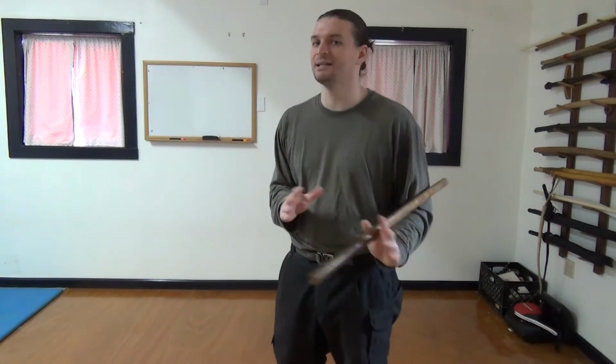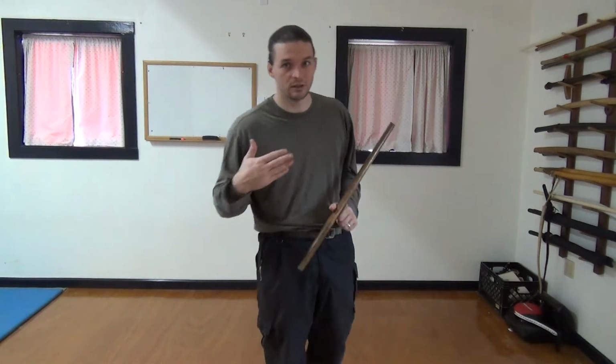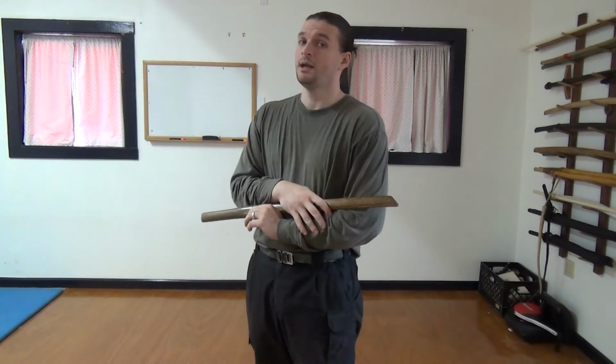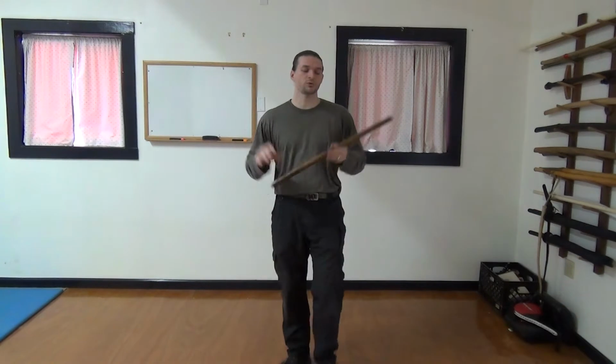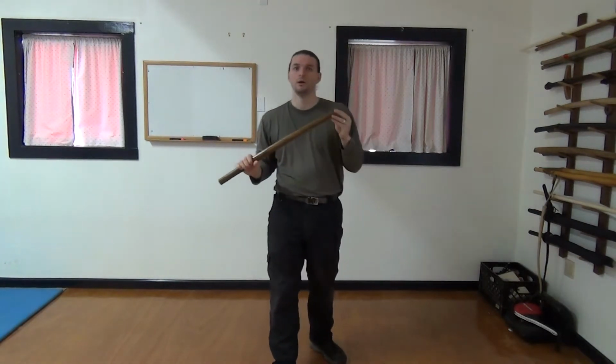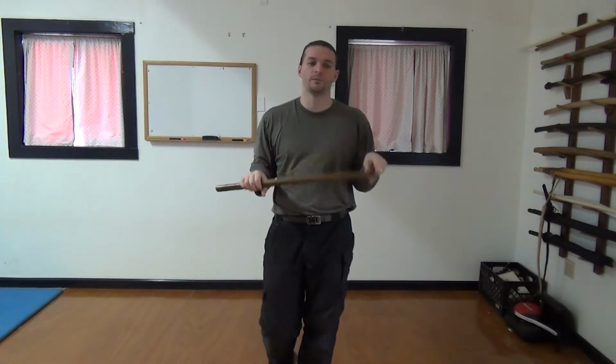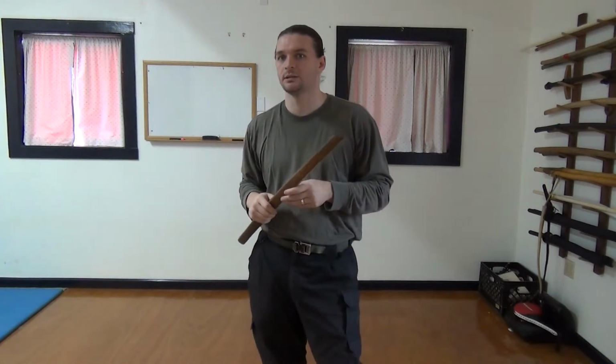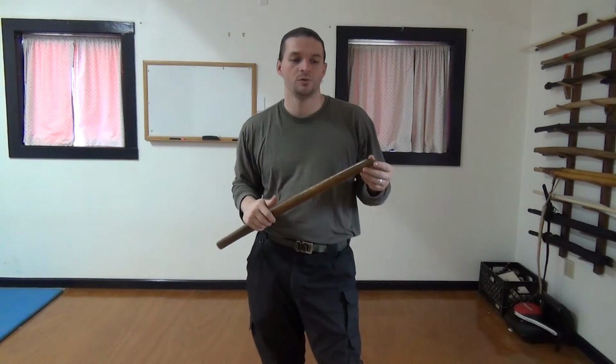So where the long sword kind of does everything medium, right? It's not really good at anything, it's not really bad at anything. You can use it in close, indoors, outside, in campaign, to defend castles, whatever. It's versatile, right? The short sword is not so much. Now the short sword is an amazing tool, but at least from Musashi's perspective, it had its place, and he likened it to